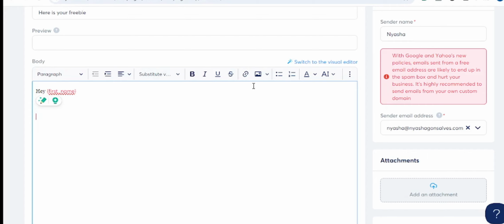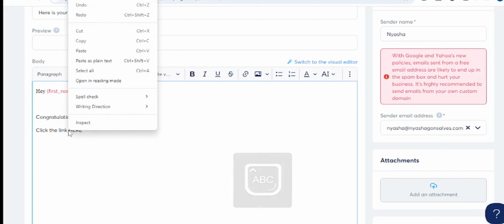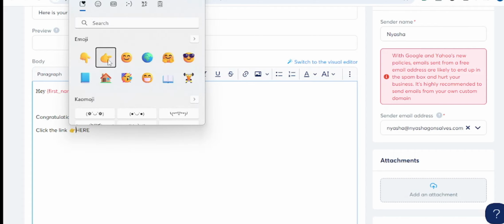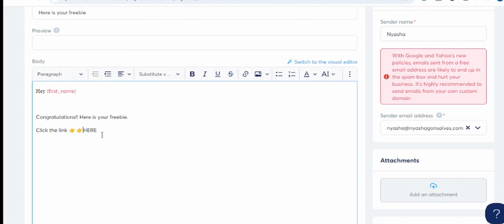Okay, let us write our message now. I'm going to put a little emoji by just clicking emoji, and I just want to get fingers pointing to where they have to click. So where it says here, we're going to put the link to your freebie. In order to do that, we'll highlight, then click right here on the link icon, and this is where we're going to put our link URL right there. Then we want to click the tick,